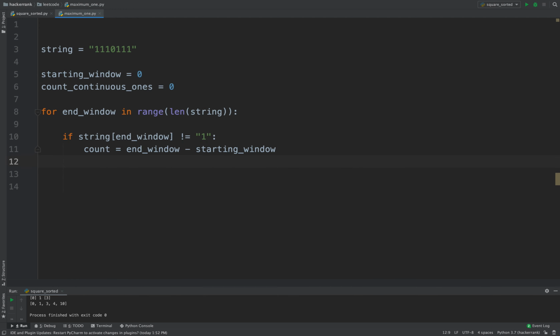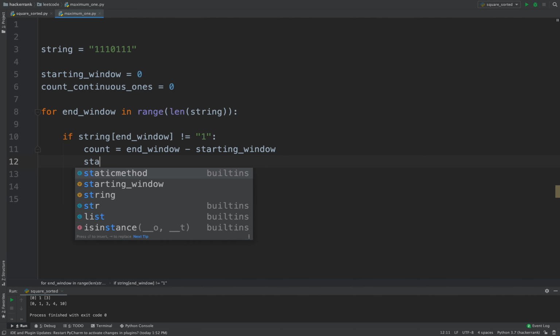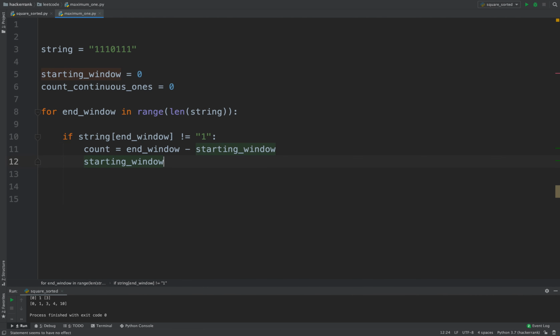Okay, so once this is done, we also need to, okay, we'll work on that later. So count equal to end window, and we have to make the starting window as end window plus 1.